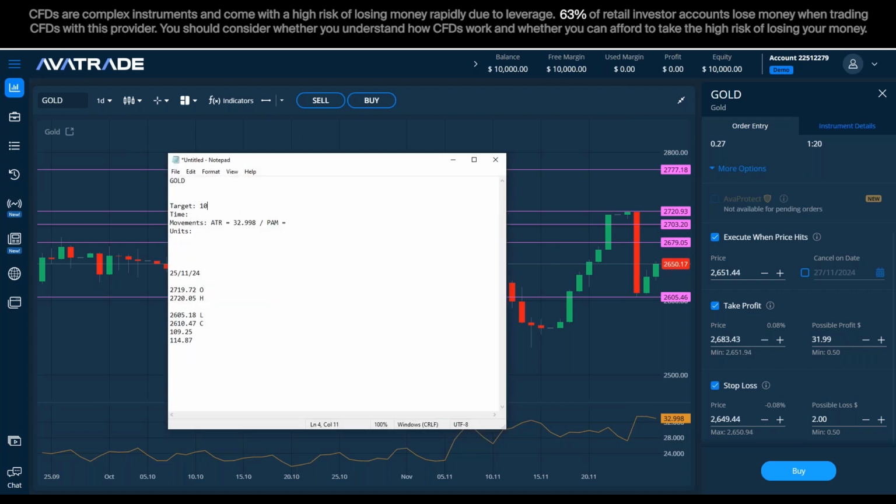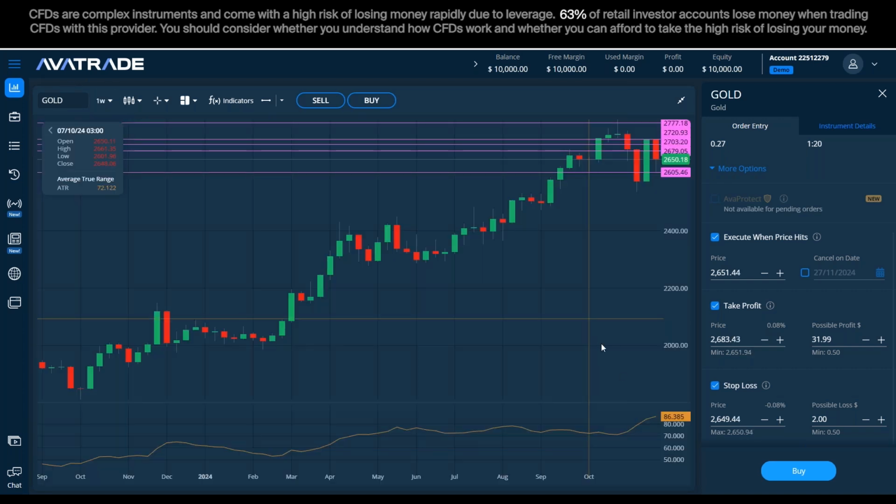Okay, so I'm going to set here a realistic target I'll be happy with, and not $30. And also, I don't want to make $1,000 such that it will take me forever. I'm willing to give this position maybe a week. Now, of course, the average that is here is a daily average. And if I switch here to weeks, I will have the average for weeks. But I don't want to use that.